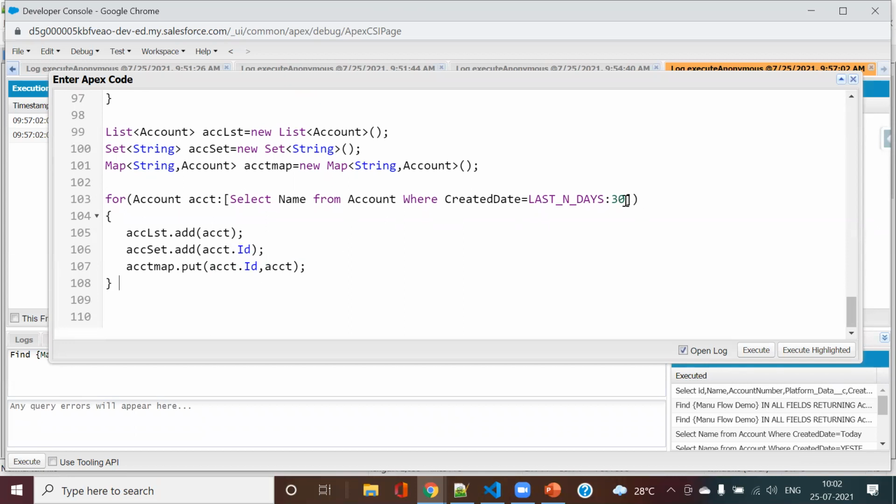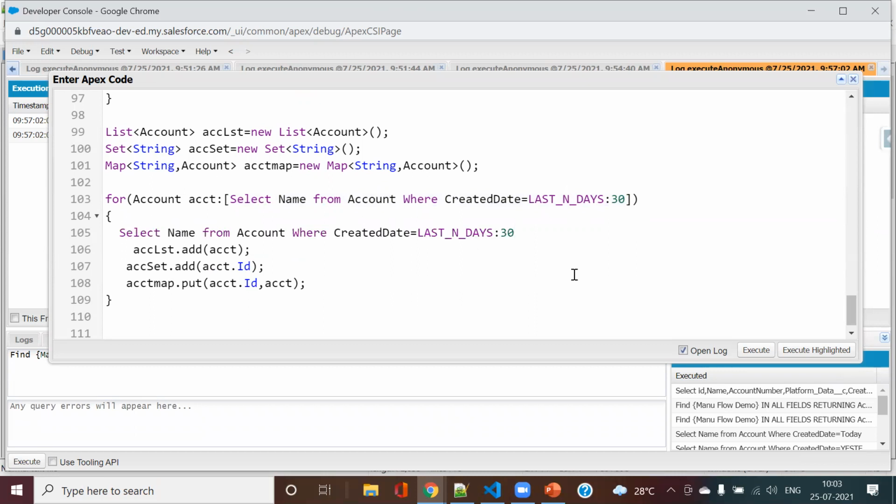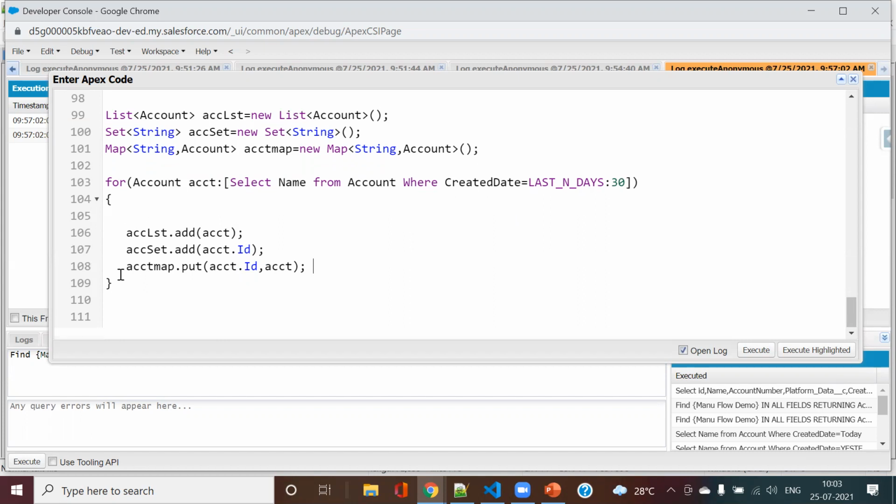And always remember, never write your query like I wrote it. This one is the correct way, the enhanced loop, but never write it inside your for loop like this. This is never recommended, because in Salesforce you have this governor limit of 100 SOQL queries. So in case there are more than 100 records, this won't allow your transaction to run. So always write the query like this. Now just try to put the debugs also here.